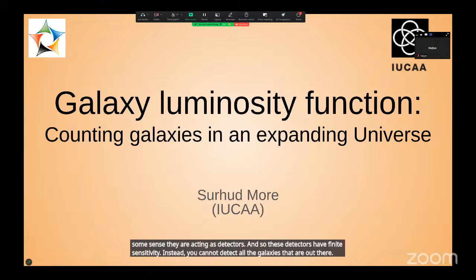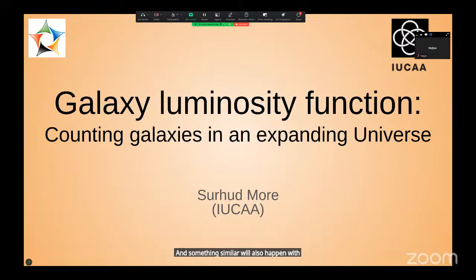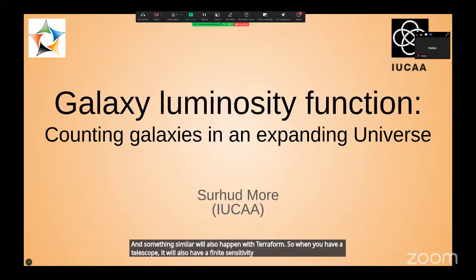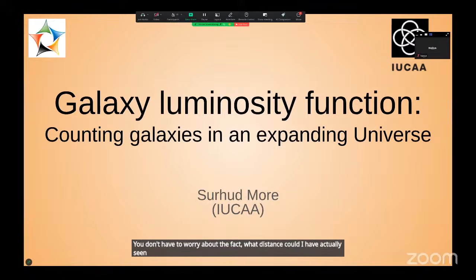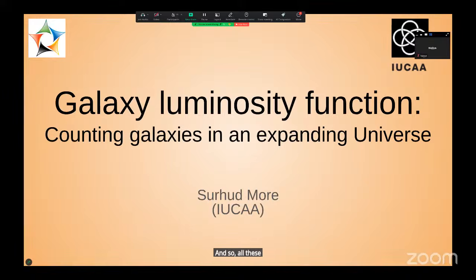Something similar will also happen with telescopes. A telescope also has a finite sensitivity, and so you cannot see all the galaxies that are out there. So when you count the number of galaxies as a function of luminosity, you have to worry about out to what distance you could actually have seen a galaxy. All these things are a little bit involved, and